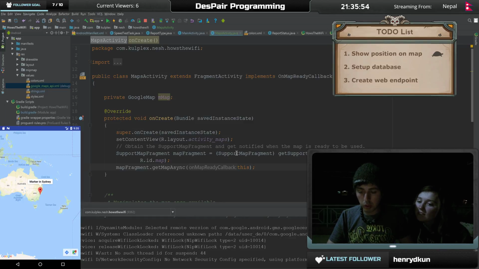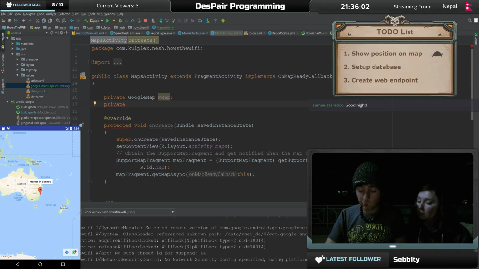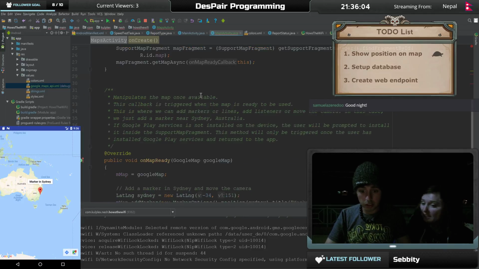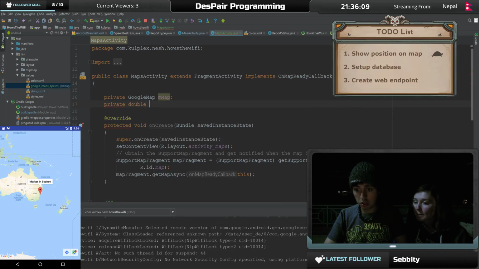So first we get, I like to get. So here, private. Here we put location, or maybe double. So we get the latitude and longitude here. Yeah, double. Latitude. Okay,